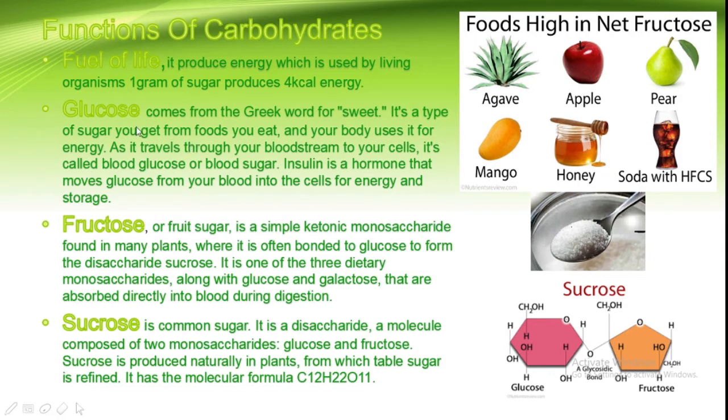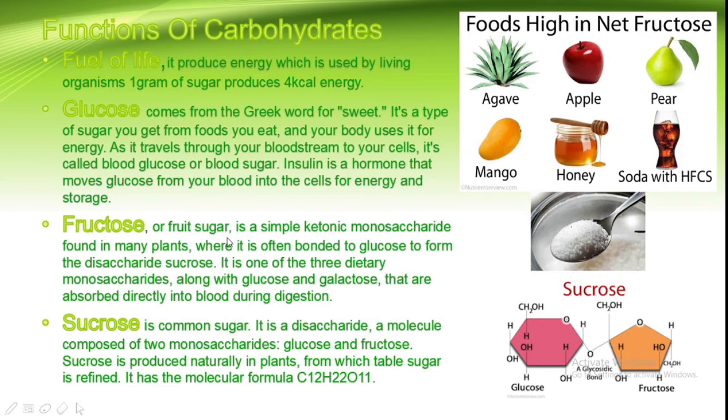So what is glucose? Glucose comes from the Greek word which means sweet. It's a type of sugar you get from the foods you eat, and your body uses it for energy. As it travels through your bloodstream to your cells, it's called blood glucose or blood sugar. Insulin is a hormone that moves glucose from your blood into the cells for energy and storage. Then the next example is about the fructose